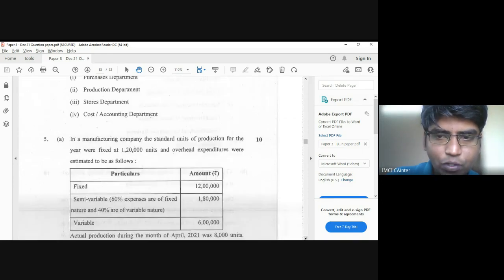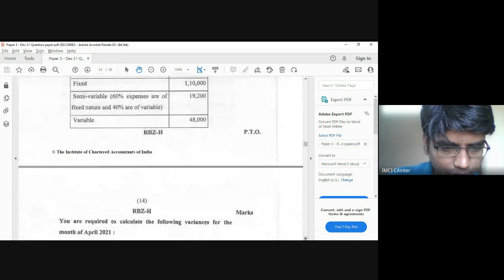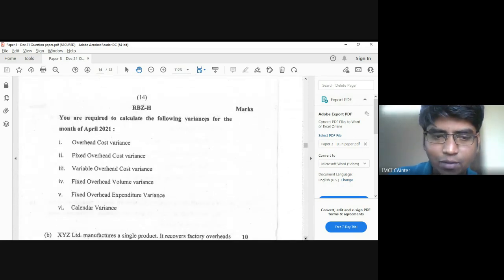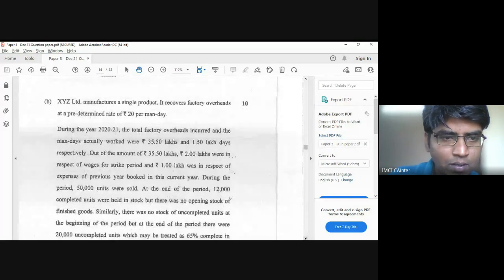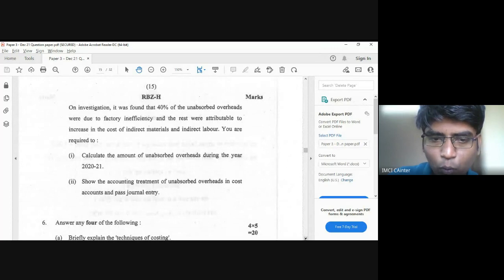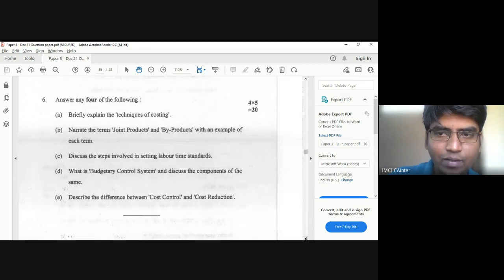And the fifth question which we are covering here is: you are required to compute the following variances. So it is talking about the variances of standard costing, which they have given for 10 marks. The other one which we are getting here for 5B is to calculate the unabsorbed overheads, the treatment of unabsorbed overheads in the accounting, and pass a journal entry. So again, it is covering the aspects of labor and overheads. So it is covering the overheads, chapter number 4. The last question which has been given here, you're getting 5 marks each for the entire